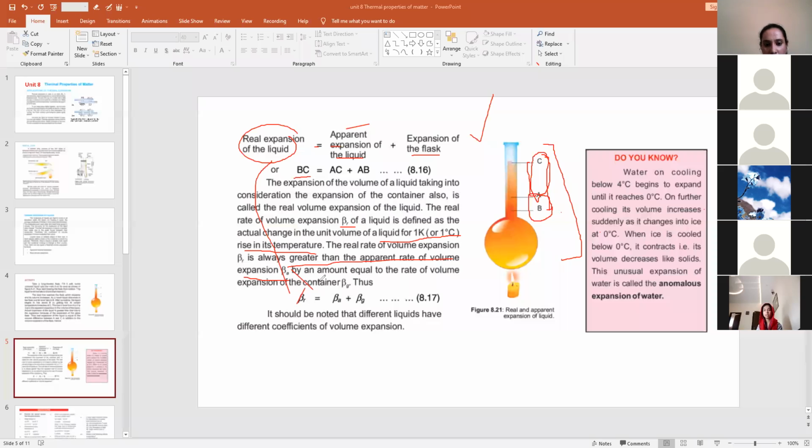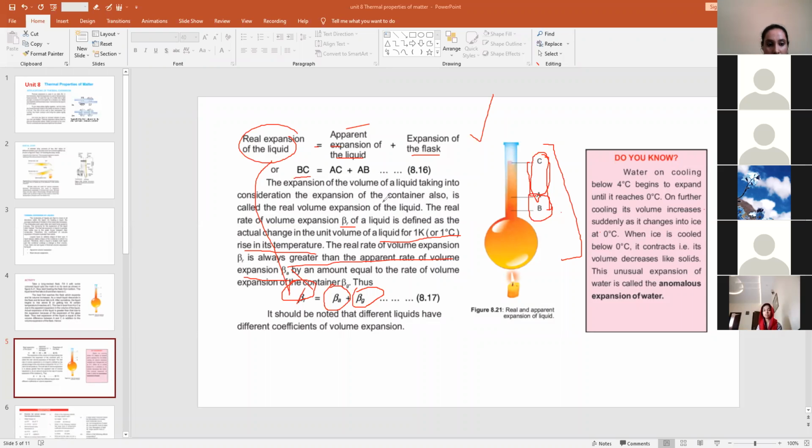So the rate of volume expansion is given by beta r equals beta a plus beta g. Beta r is the real expansion of a liquid, beta a is the apparent expansion of a liquid, and beta g is the coefficient of expansion of the flask. So the apparent expansion coefficient of a liquid is added to the expansion coefficient of the flask, and it will give us information about the rate of real volume expansion in the container. So this is a liquid expansion